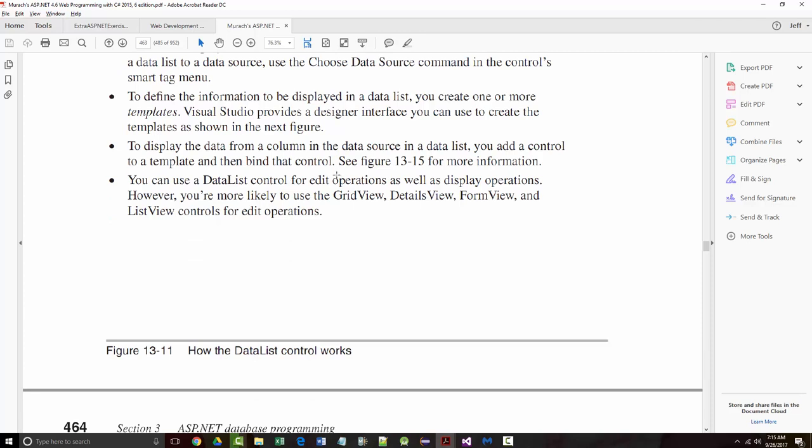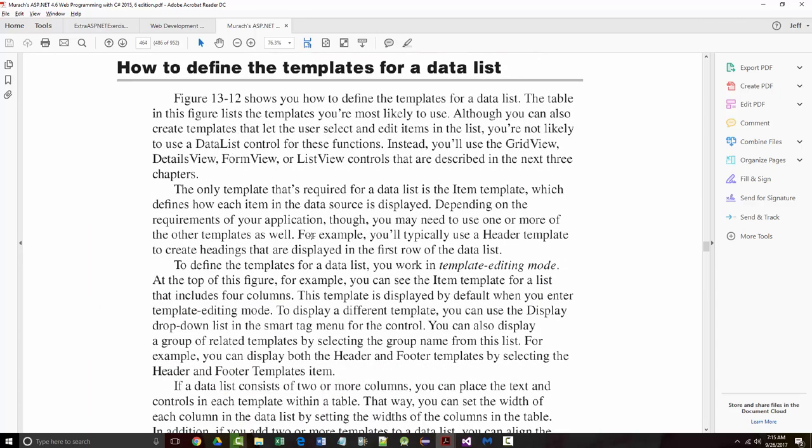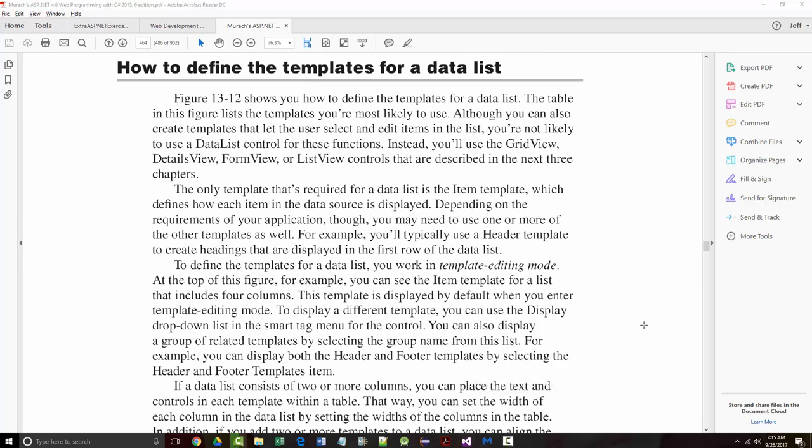As we go on in Chapter 14, we'll talk about the grid view, and in 15, 16, 17, etc., we'll go into the details view, the form view, and the list view. Good, bad, or indifferent, one of the things that ASP.NET gives you is a lot of different ways of doing the same thing. So next, starting on page